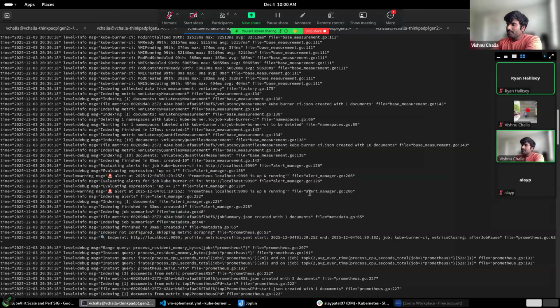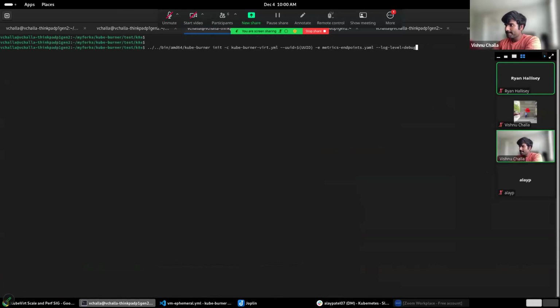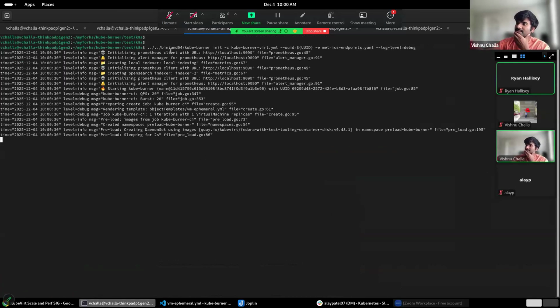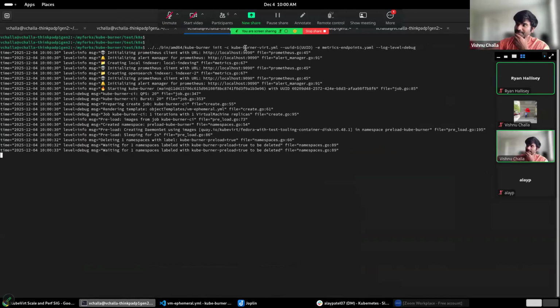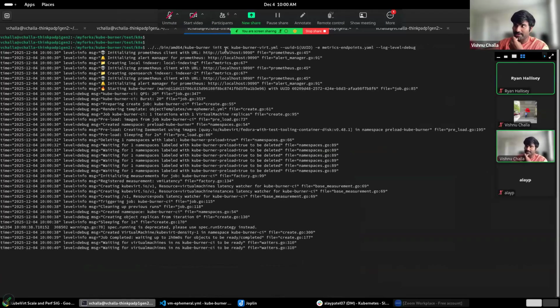So now I'm going to trigger kube-burner. So here is how I'll be executing kube-burner. Kube-burner is a Golang binary. It's platform agnostic. So I just downloaded the binary, and then I'm going to use the init subcommand, and I'll specify